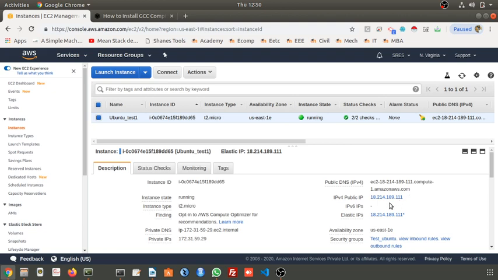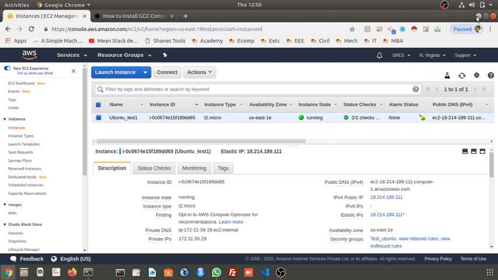Now what I will do is first transfer one file from my local machine to the virtual machine. Then I will install the GCC compiler and run my C program in that virtual machine.